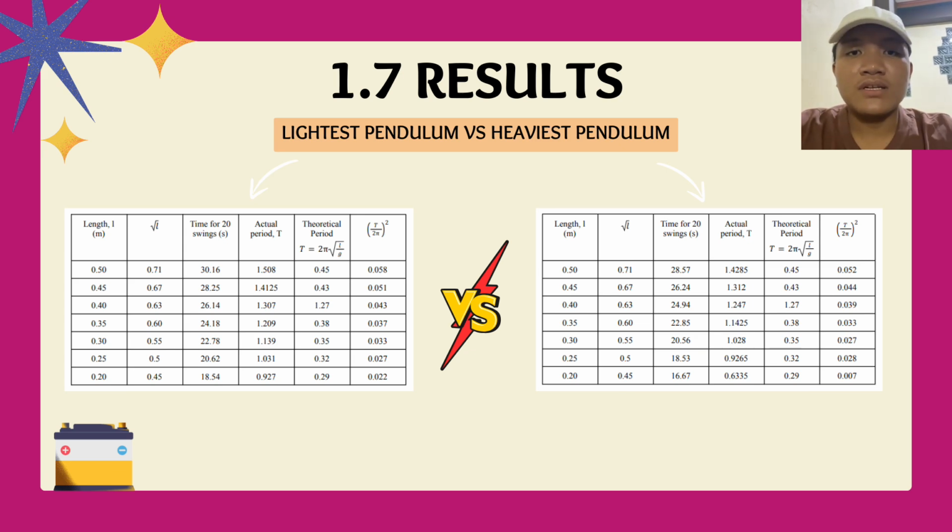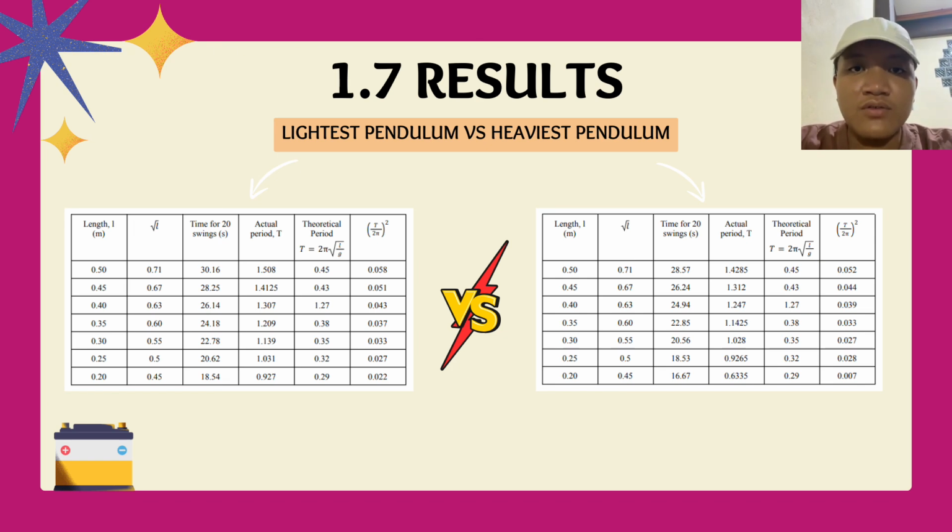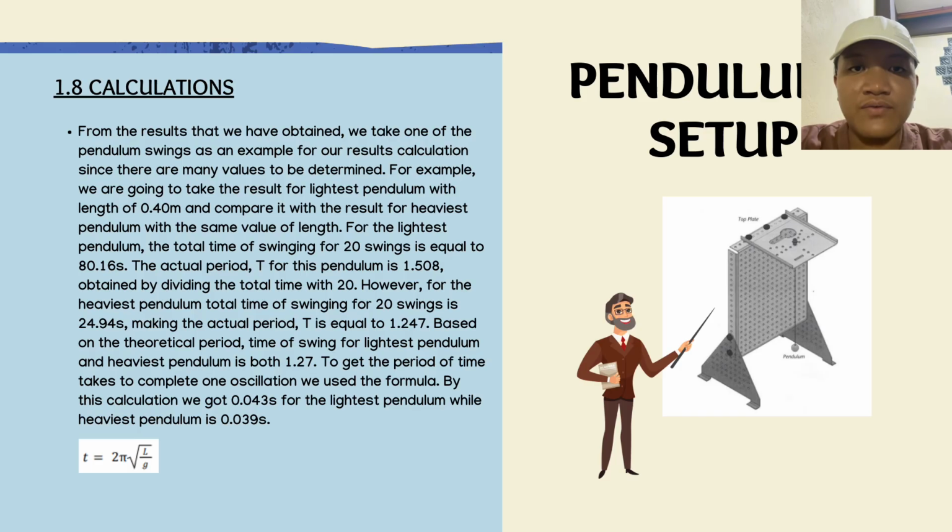My name is Ahmad Azib Moshari and my matrix number is A820650, and I will summarize the calculation and result for this experiment. So, in this experiment, we study the periods of pendulum swings, comparing the lightest and heaviest pendulums of the same length. For the lightest pendulum, which is 0.40 meters, the total time for 20 swings was 80.60 seconds, giving an actual period T of 1.508 seconds. Using the formula T equals 2 pi square root L over g,